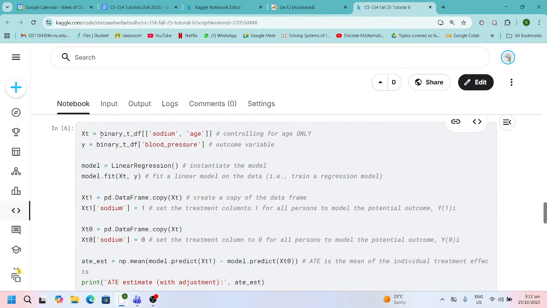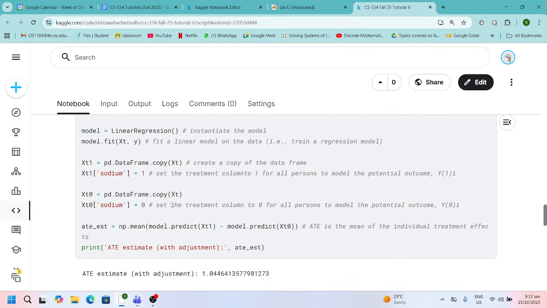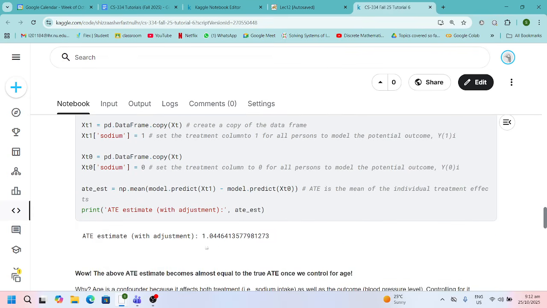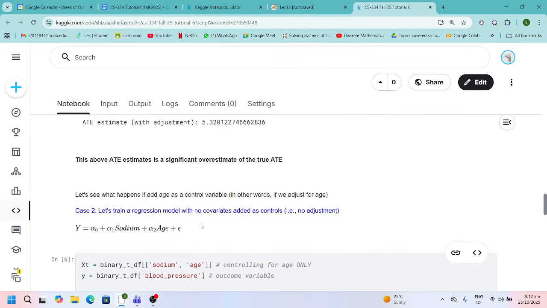Everything else remains the same except that where I had sodium in xt, I'm now including sodium, comma, age. I'm including both of them. Then I do the exact same thing, and my ATE estimate comes out to be 1.045,